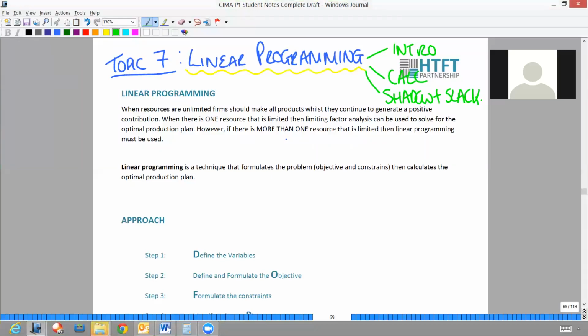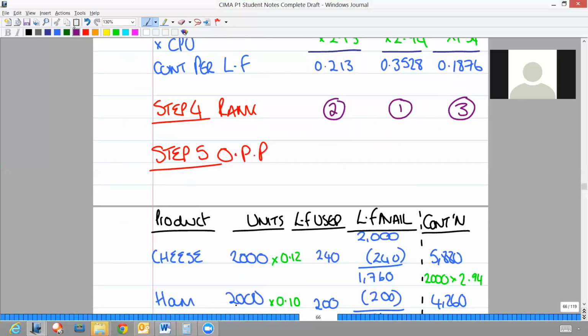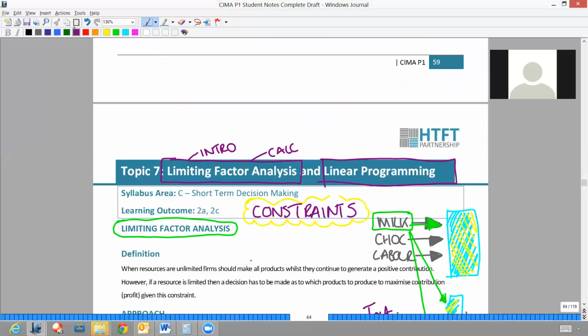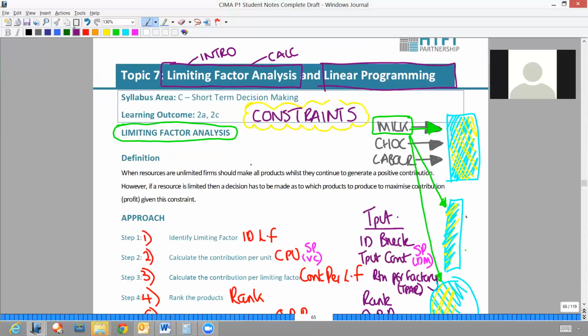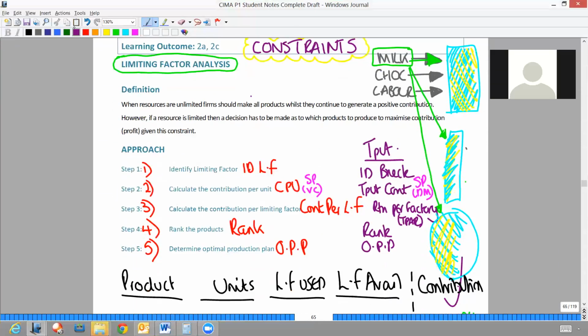So here we've got an introduction to linear programming, and linear programming just builds on the understanding of constraints as we looked at in your limiting factor analysis. So in your limiting factor analysis, what we said was we had